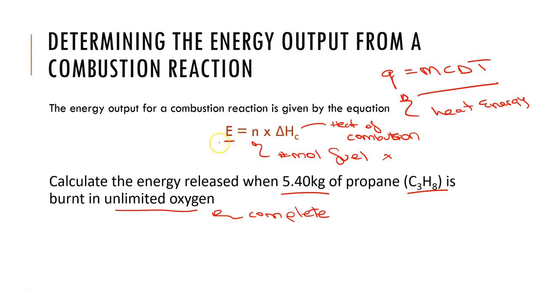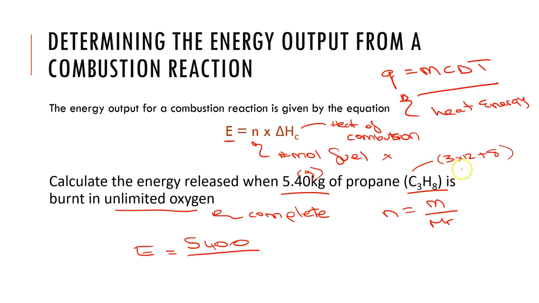Looking at this equation, if we're going to calculate the energy released, it's going to equal the number of moles. So I'm going to substitute in my equation for mole, which is the mass divided by the molar mass, remembering that this must be converted to grams. So I'm going to get 5,400 grams divided by, this is going to be 3 times 12 plus 8, so this is going to be 44,